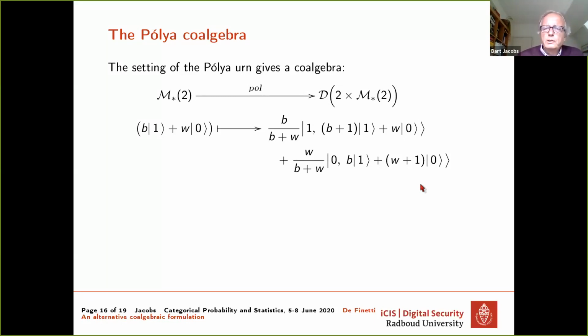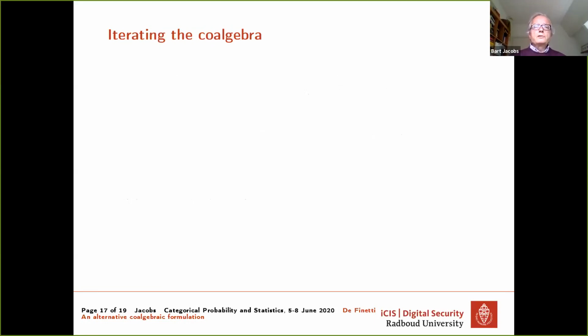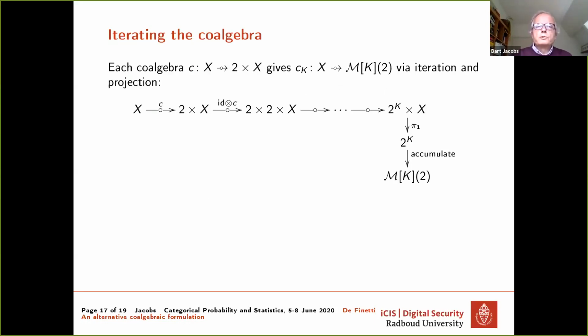Okay, a lot of notation, but it makes sense to describe things in this way to capture the situation. Interestingly, this coalgebra is exchangeable. And this is fundamental in the Polya situation. This exchangeability can now also be expressed in terms of the coalgebra involved. Okay, let's switch back to the general level.